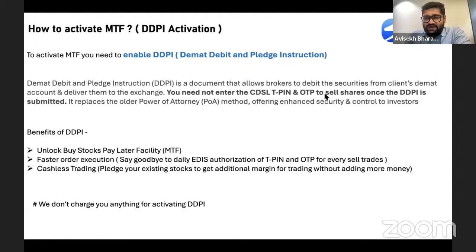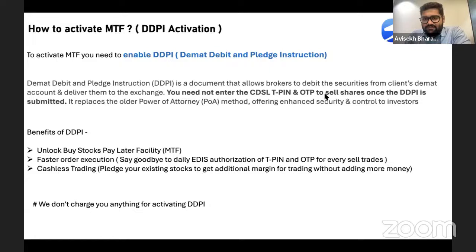If you activate DDPI, you need not enter the CDSL TPIN and OTP to sell shares once your DDPI is submitted. That way the process of selling stock becomes hassle-free. I have heard many times that customers say that at times the OTP is coming, at times the OTP is not coming because there is some issue at some other end.